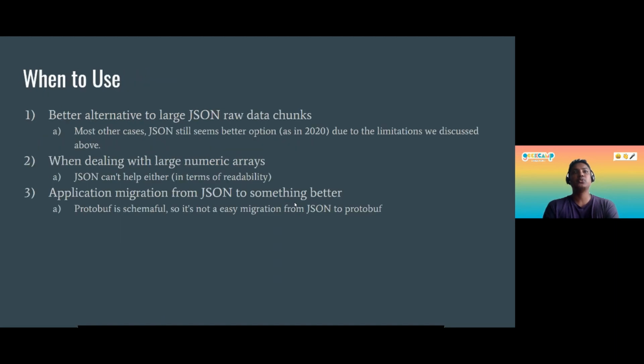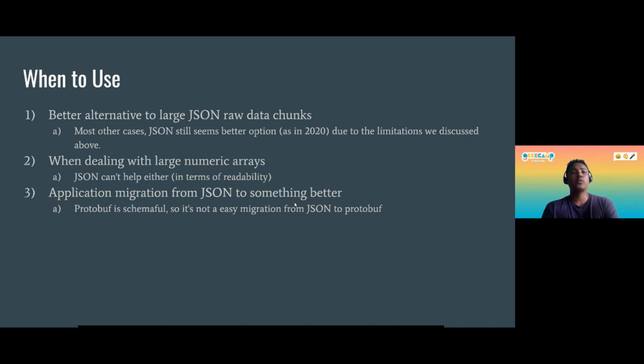And when to use CBOR? It's basically a better alternative for large JSON raw data chunks. In most cases, I think JSON still seems a better option for two reasons. One is that there's no native language support, and the current implementations can be optimized further. So compared to native JSON support, JSON seems more relevant when you have small JSON payloads.